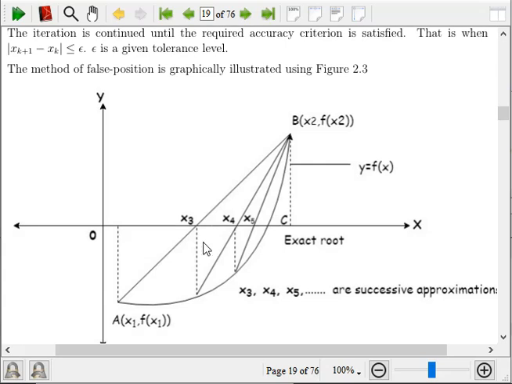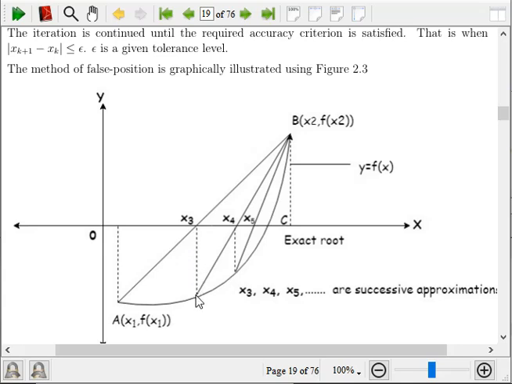So the first one was a straight line case. This is a slope case. This is a curve graphically. The first slope joins A and B, so this one is x1 and x2 rather. Then we can find x3 by the formula we have there. That's somewhere here. We track the point here, up, down, down here,